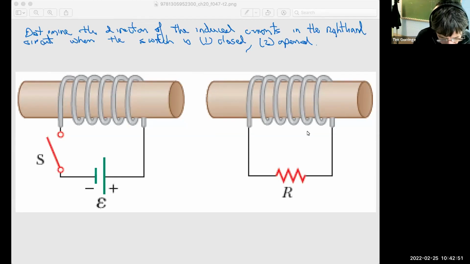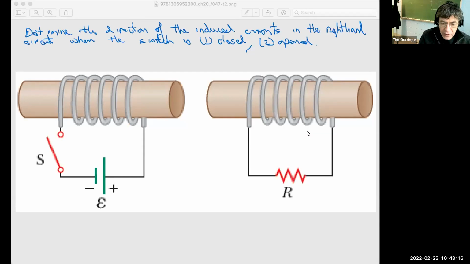So the question says, find the direction of the induced current in the resistor in the right-hand circuit when the switch on the left-hand circuit is closed. That's when you energize the solenoid on the left. And then secondly, when the switch on the left-hand circuit is opened, that's when you would de-energize the left-hand side